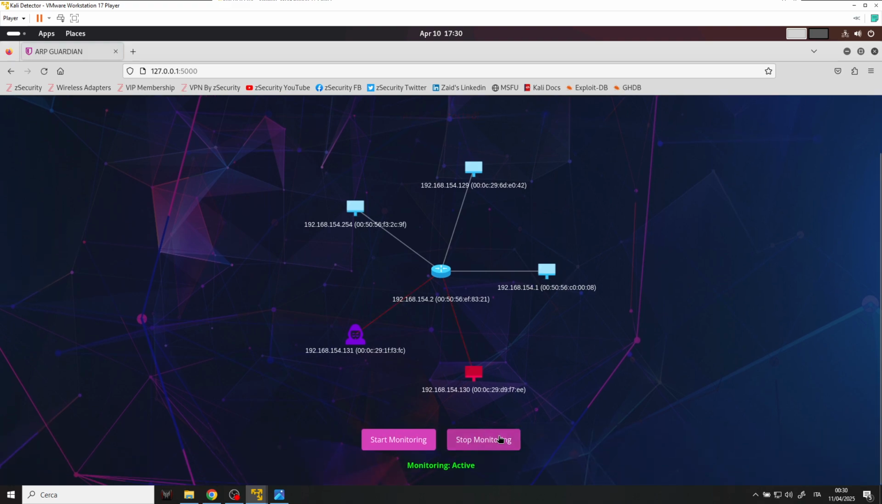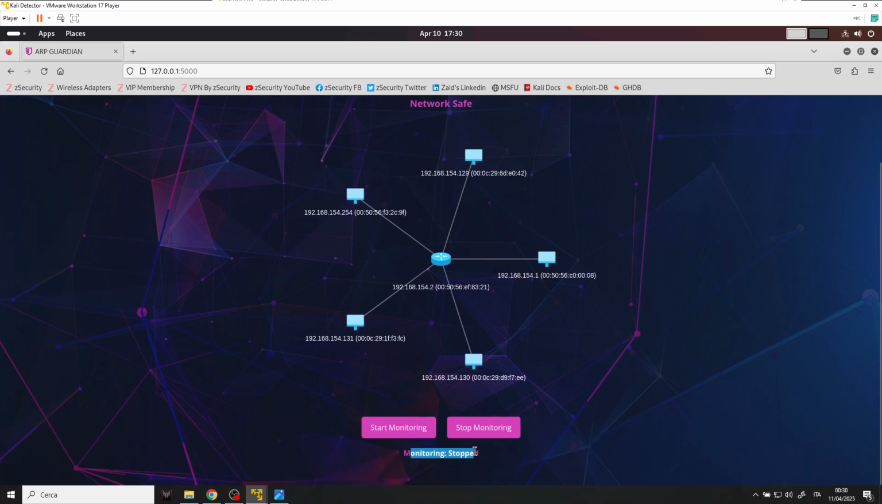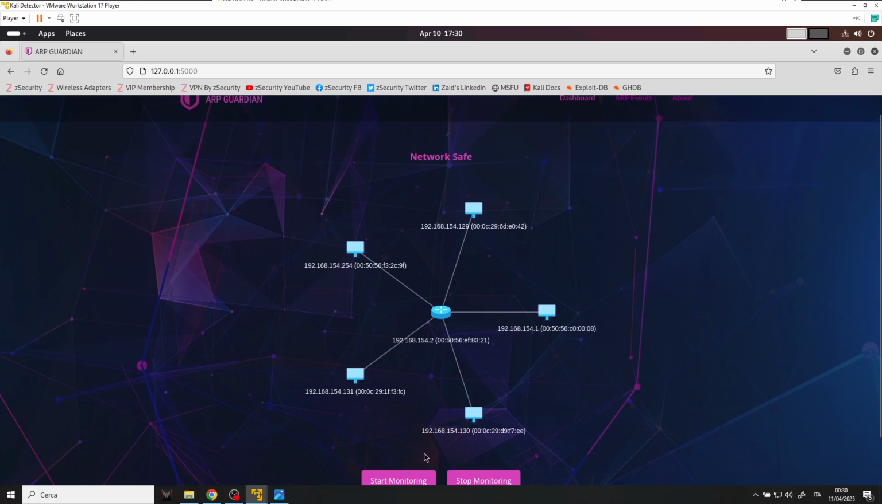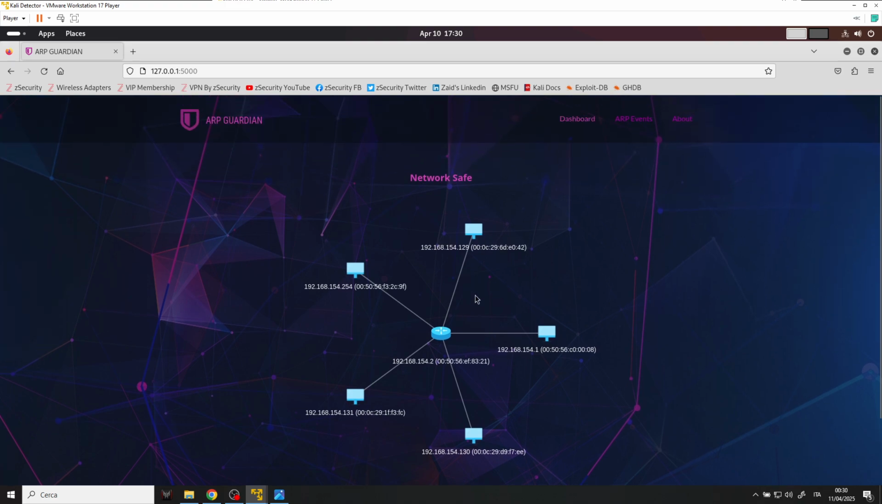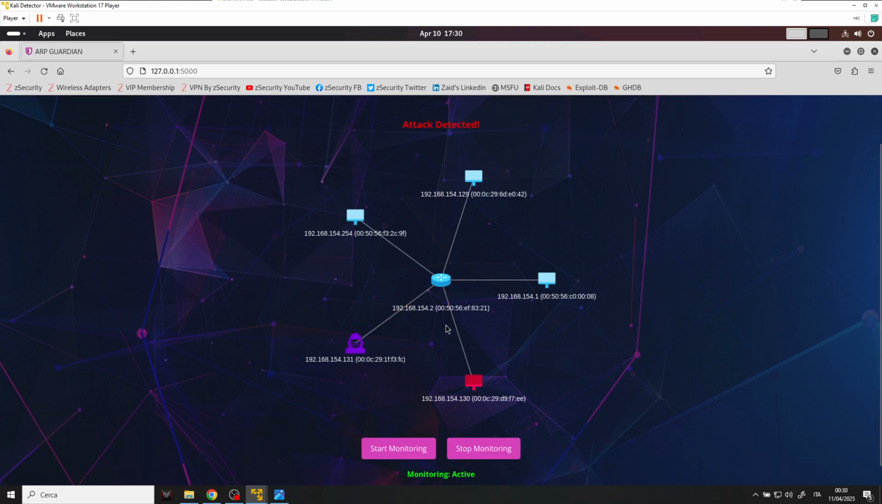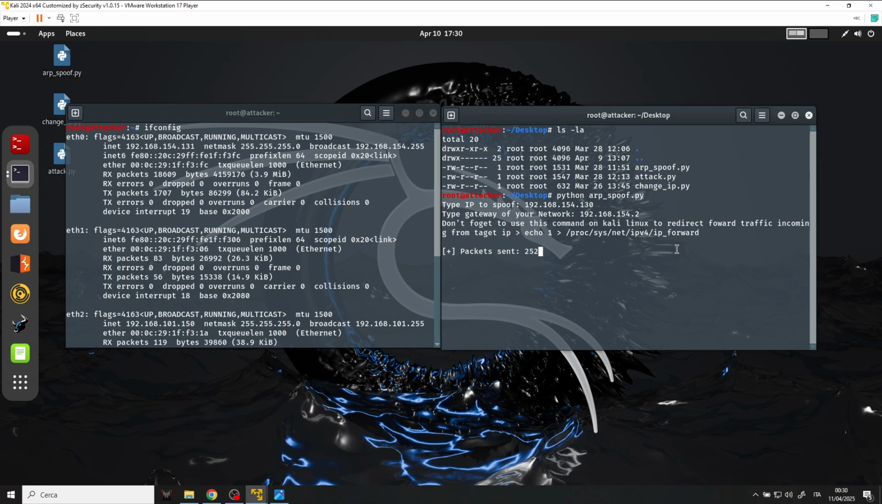If I do stop monitoring, it will go to network safe, so it is not monitoring now. If I go back to start monitoring, so monitoring is active. Let's give it just a couple of seconds, and as you can see the attack is detected again because it is running. If I stop the attack from the attacker